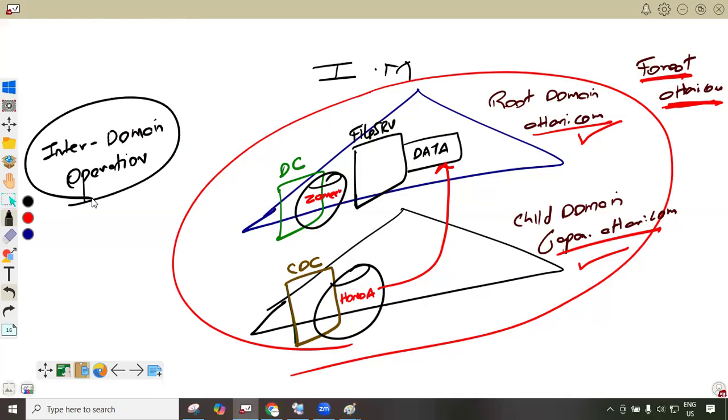If we give Honda access, and how we give it, do you remember? We go to the share folder. See, if you are revising now, it is good. If you do not have time to revise, if you say that I don't have time,